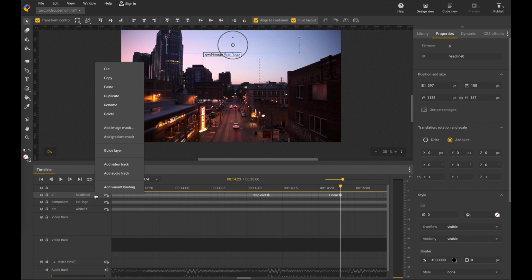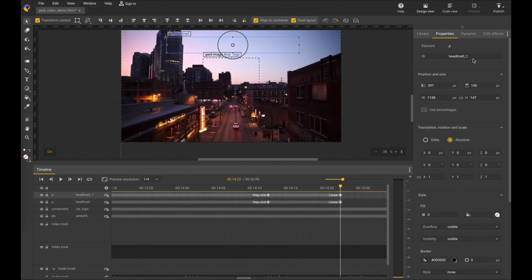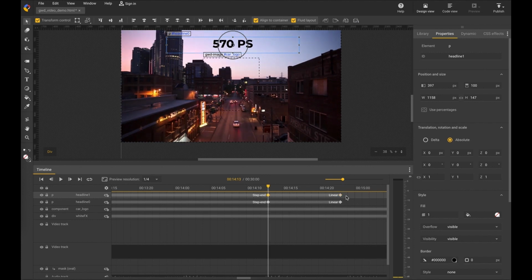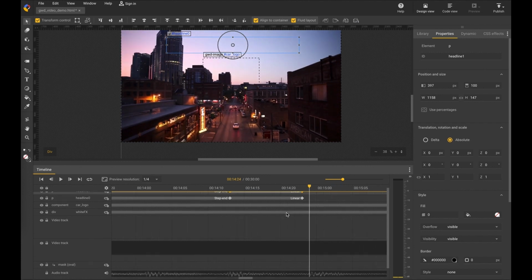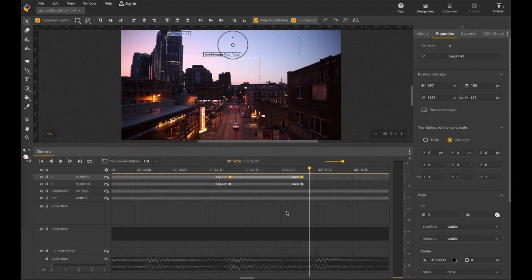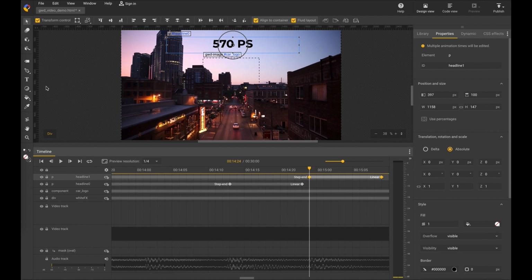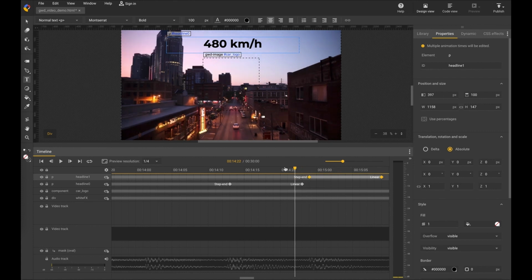And here's already the next beat on the music. Let's copy this layer, let's duplicate it, call it headline 1, and write how many kilometers per hour it is, how fast the car can go. It's 480 in my fantasy. But first, we don't want to overlay them, but put the keyframes in parallel to the beat here. Put it here. So let's change the text. 480, did I say? Yes, 480 kilometers per hour. So done. Let's scroll. So we have bam, bam.